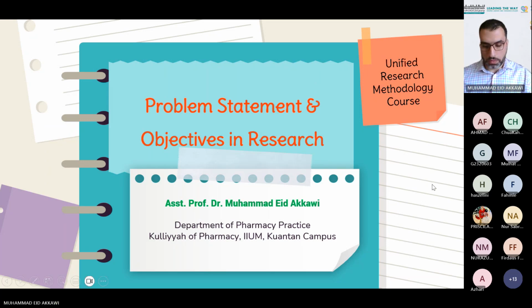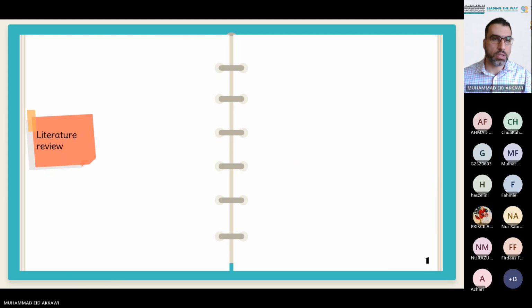So, inshallah, we are on the same page. Let's start first with the flowchart of any research or designing a research. At the beginning, as all of us will do, we will do a literature review. But before the literature review, of course, we need to have something in our mind. This idea in our mind is usually based either on reading or sometimes on